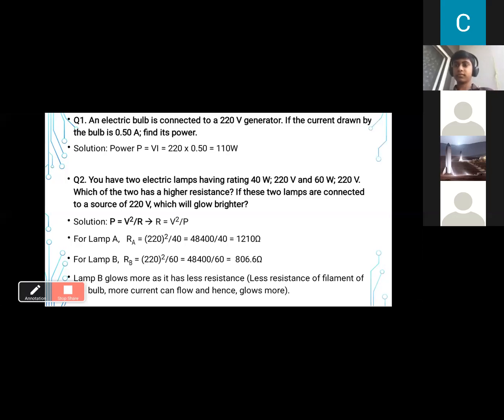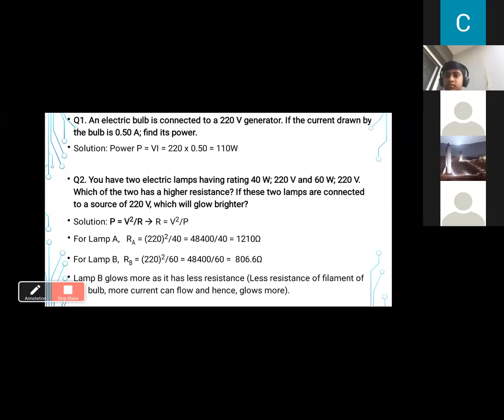Wherever we want heating effect more, we will use high resistance substances. But wherever we want more light or glowing more, we'll use less resistance substances, because current is more in case of less resistance. Getting me? Here we want more light energy. It should glow more. I'm not dealing with heat energy.